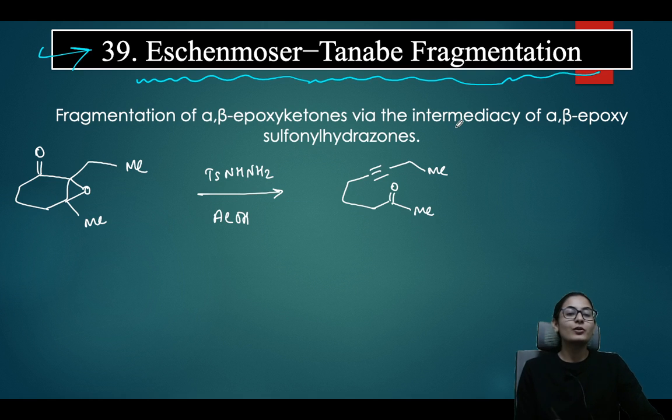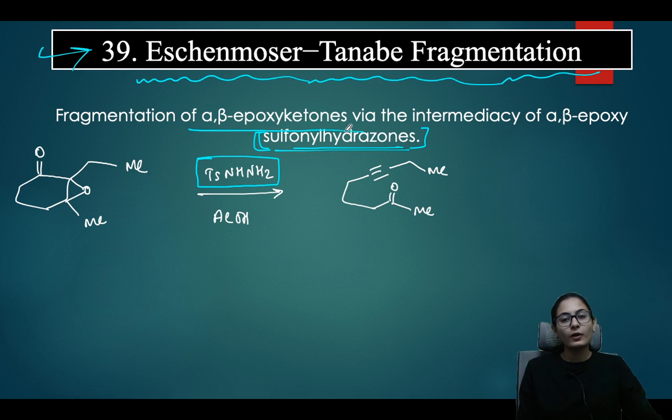Once again, as I had told you, it is very similar to that of Wolf-Kishner reduction. Just that here we are not using simple hydrazine, we are using tosyl hydrazine, whose real name is sulfonyl hydrazones. Or let's say the fragmentation of alpha beta epoxy ketone via the intermediacy of alpha beta epoxy sulfonyl hydrazones. So sulfonyl hydrazones are getting formed. Yes, very well. So first of all we have